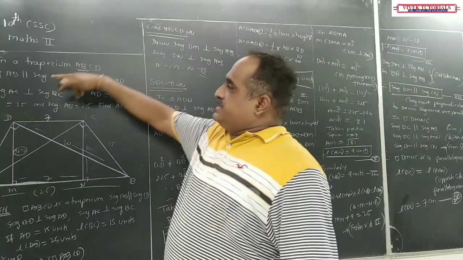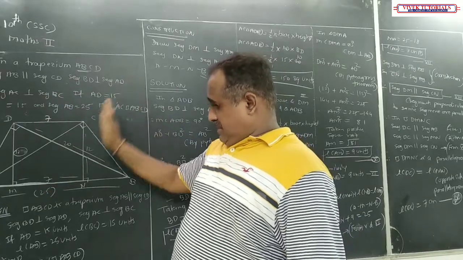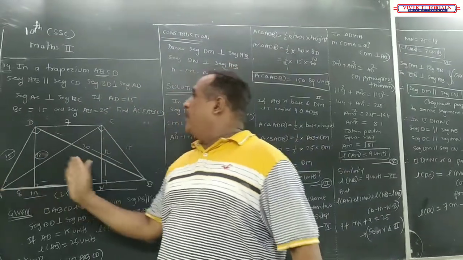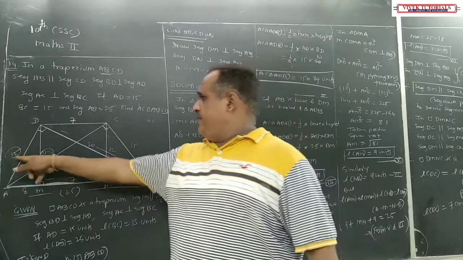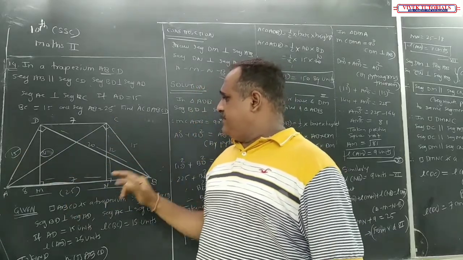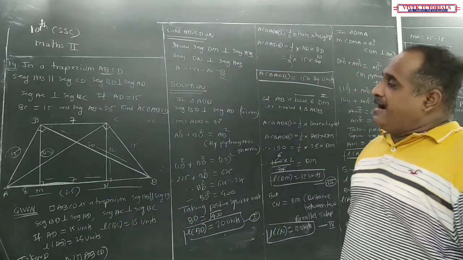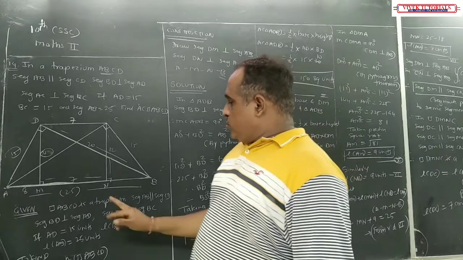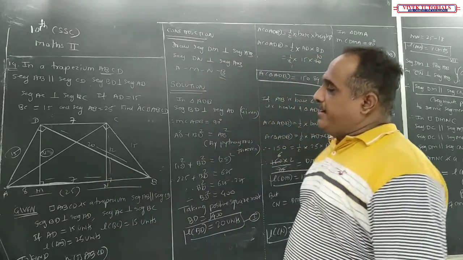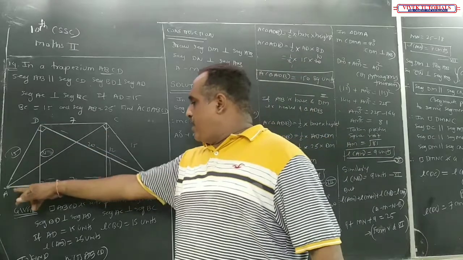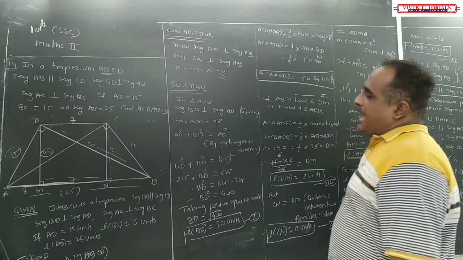In trapezium ABCD, segment AB is parallel to segment CD. BD is perpendicular to AD. Even AC is perpendicular to BC. AD is 15, BC is 15, and AB is 25. And they have asked you the area of trapezium ABCD. So for the trapezium, whatever is given, we have drawn. So what I did, I have drawn DM perpendicular to AB, CN is perpendicular to AB, and these 3 points